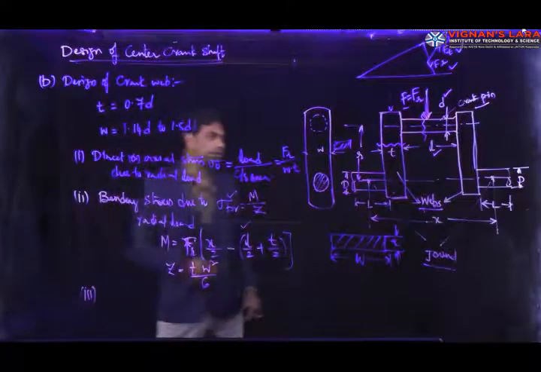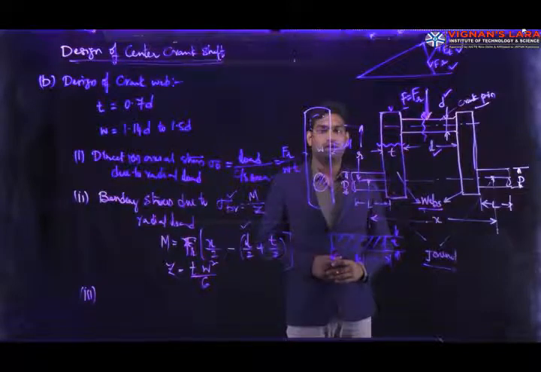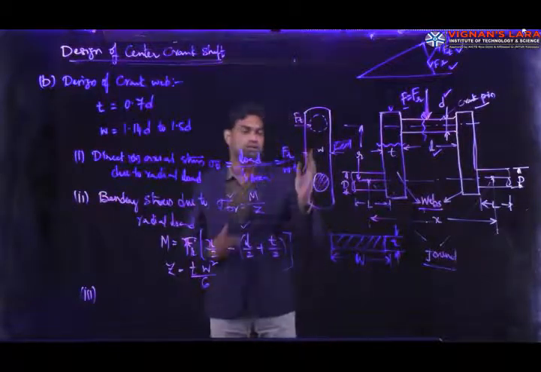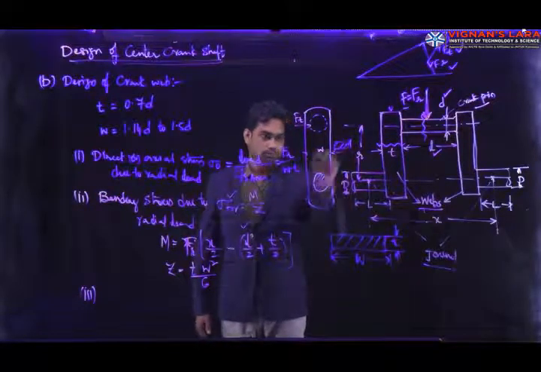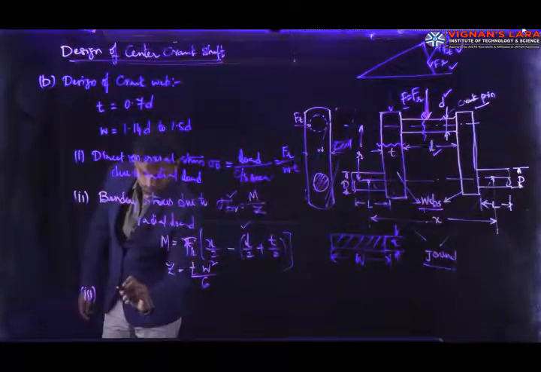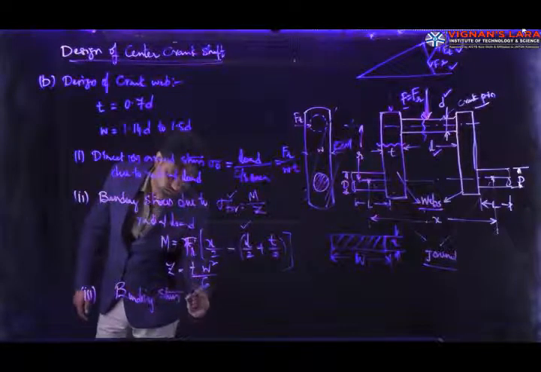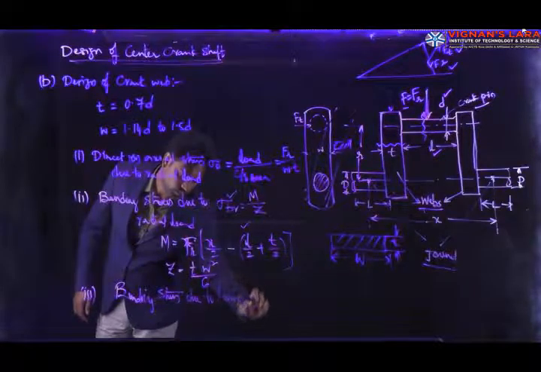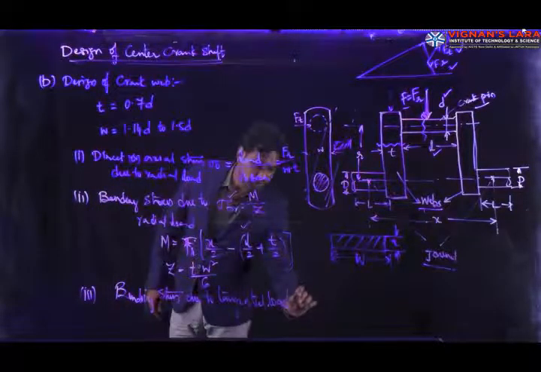Instead of bending of the web in this direction, by means of the support, it is going to bend in this direction. It may also be subjected to bending due to the tangential force. The tangential force is acting here, so there is a chance of bending of the web in this fashion. Clear? So we can also consider the bending stress due to tangential load,